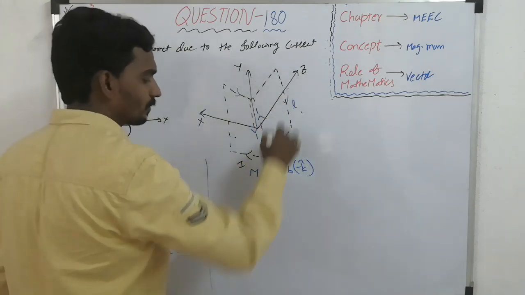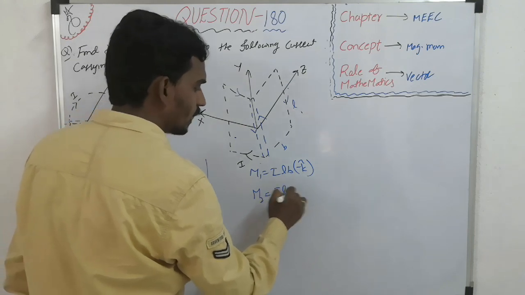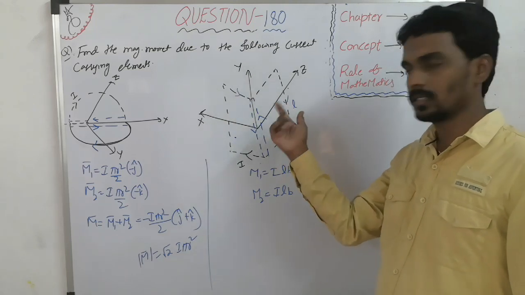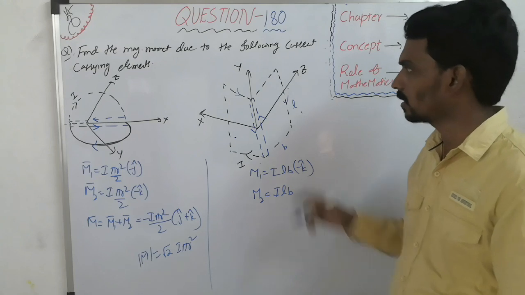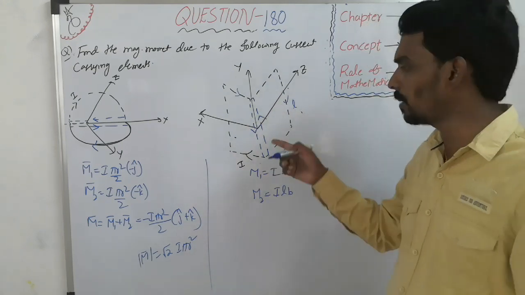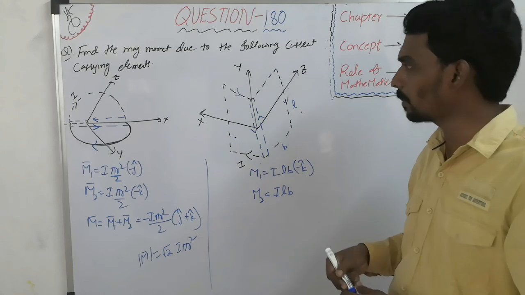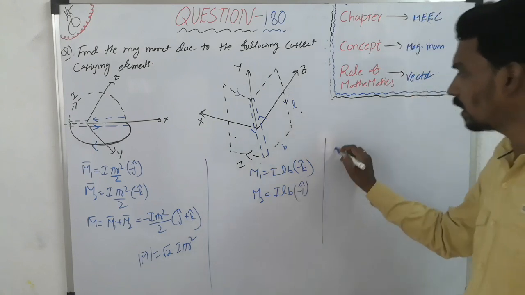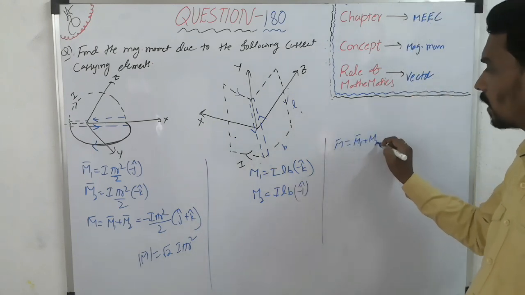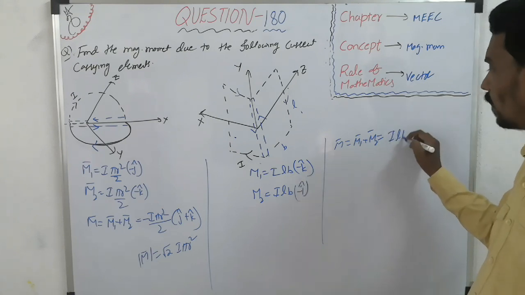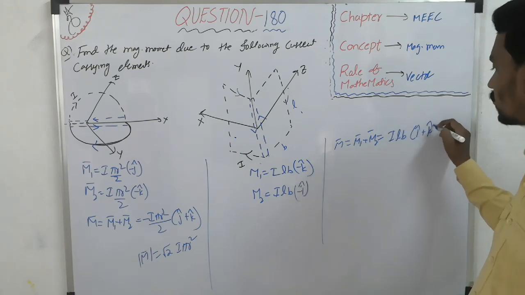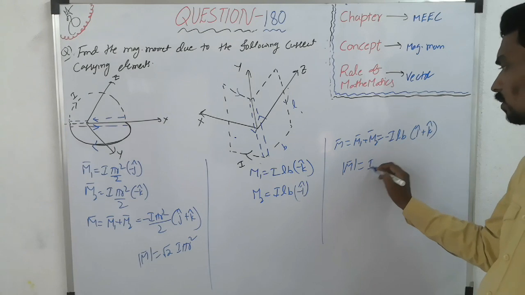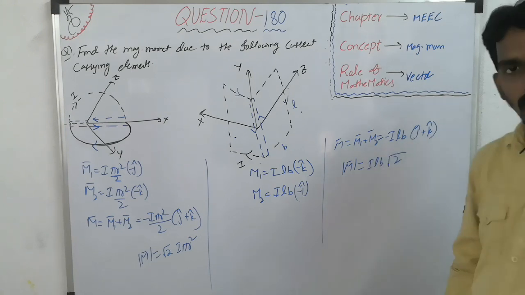Similarly, you take this loop, m2, again the same I into L into B, but here the current is going in this way, this side. This is x, the other side minus x. YZ means obviously x direction, but maybe plus or minus. But here, depending upon the given direction, it is opposite to positive x. So minus i cap. So what is the resultant magnetic moment? M1 bar plus M2 bar. So ILB, if you take common, i cap plus k cap minus. So what will the magnitude become? Under root 1 square plus 1 square, root 2.